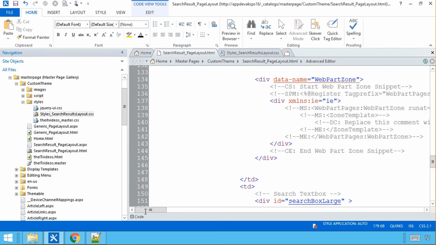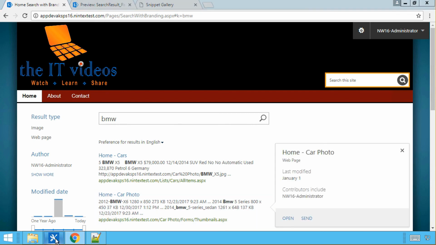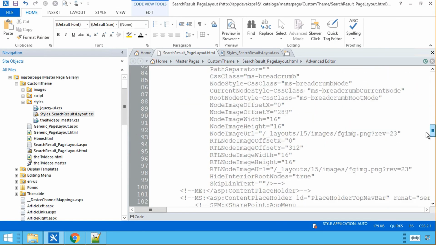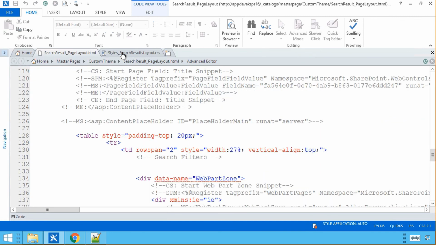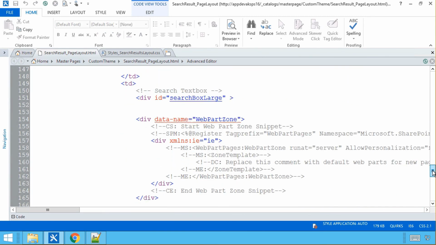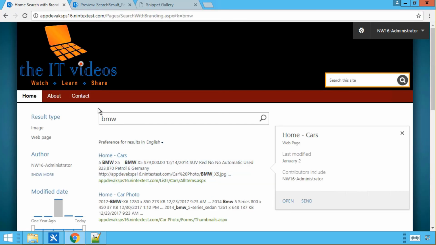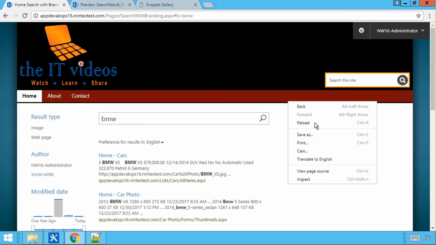Now before I go back to my page and refresh it, there's one little thing I need to do. Let me just collapse that. Let's go straight to the search text box right here. I just need to add one class, and that's it. Now if I go back to my search results page and hit reload,